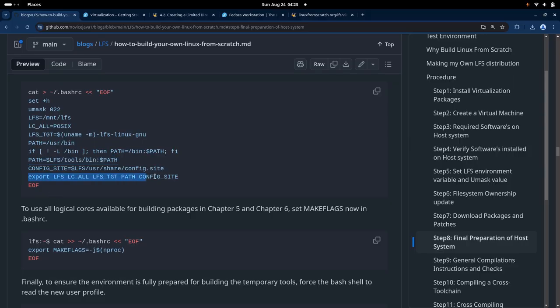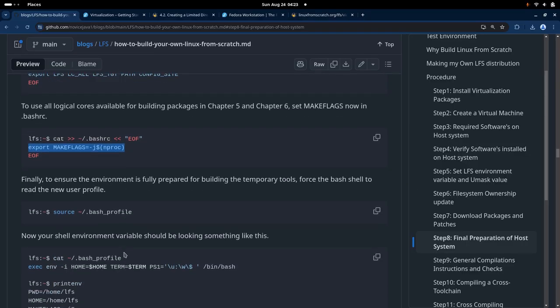And we need to export all these variables. Okay, so once that is done, to use all the logical cores available for building the packages in chapter 5 and chapter 6, set the make flags in bashrc. So this is very important. If you have a multi-core processor, you need to ensure that this variable MAKEFLAGS is set so that your build and installation procedures use all your cores when they are building, and it will reduce your